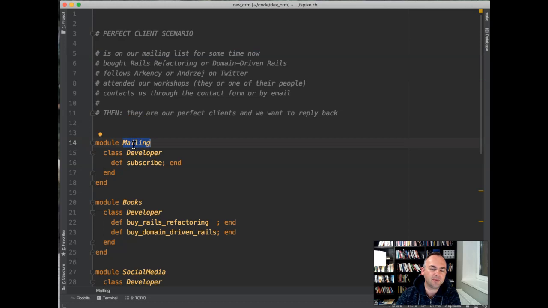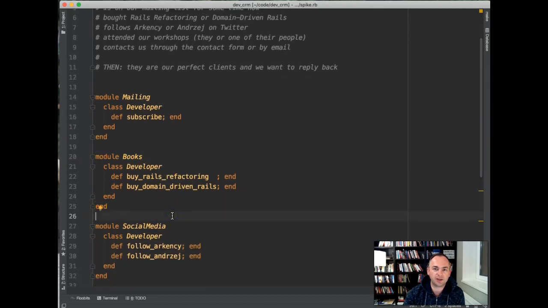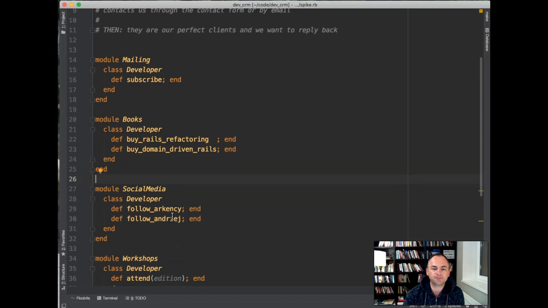In our mailing bounded context, we use MailChimp, but this is a detail. It's important that somehow we know that they subscribed, somehow we know that they bought a book or not, and this is all in different bounded contexts. There is no sharing of the database, at least it's not required. There's nothing about persistence at all so far.